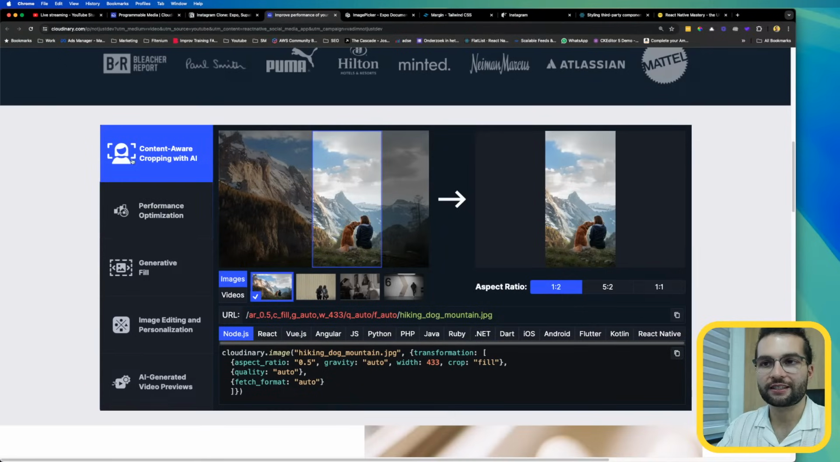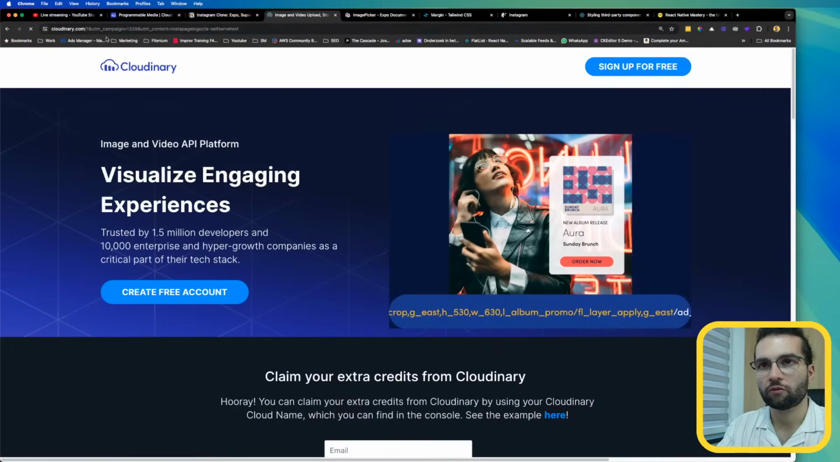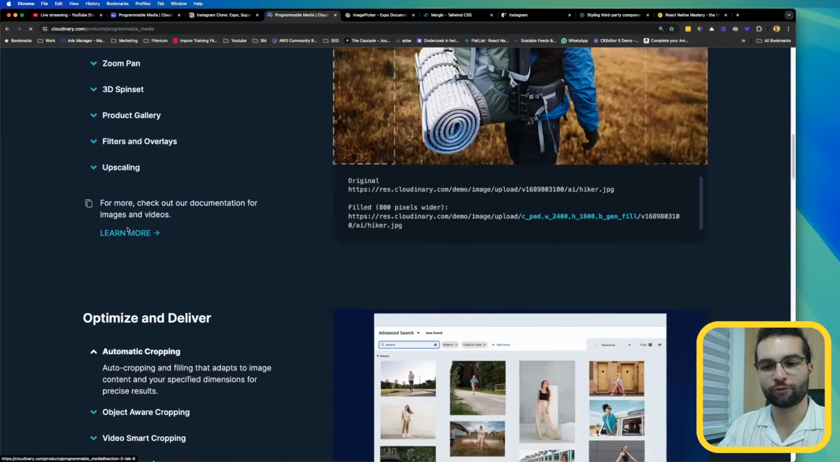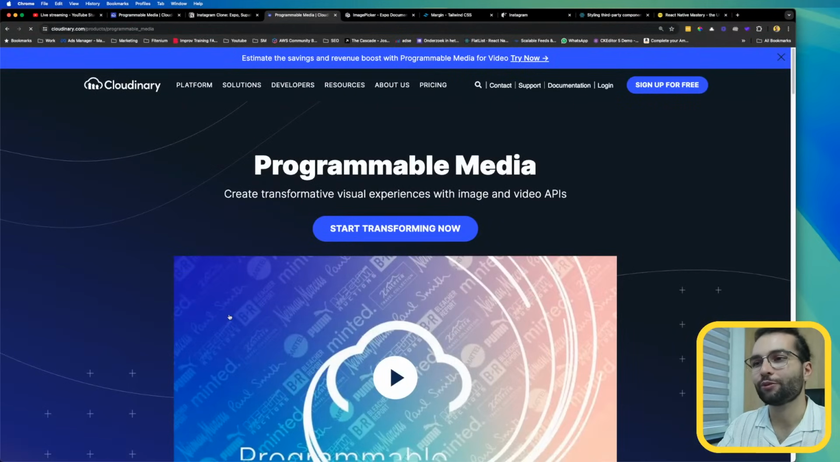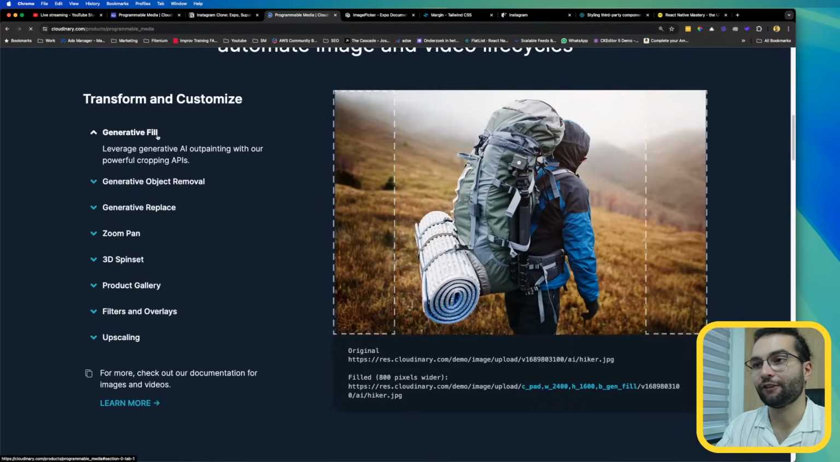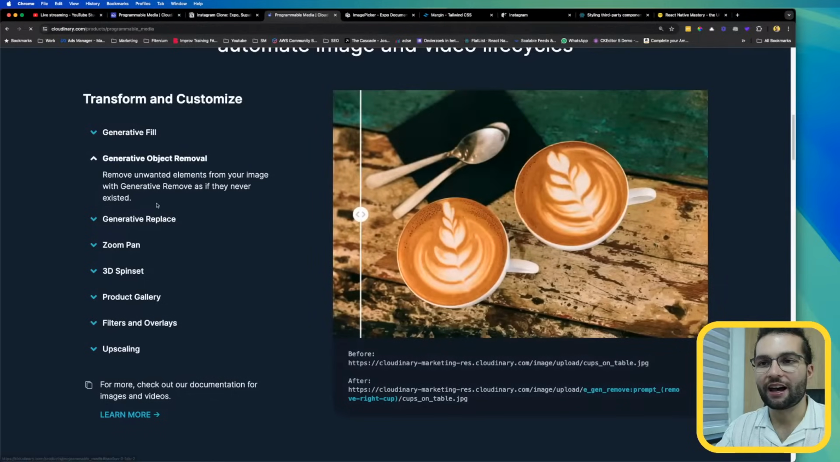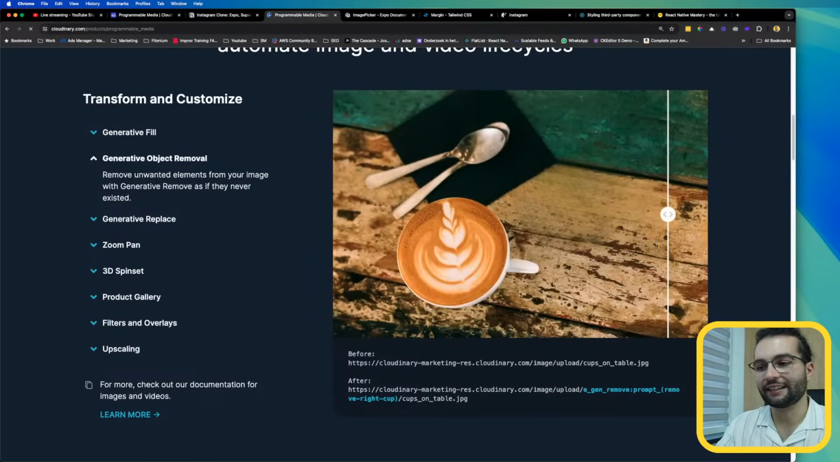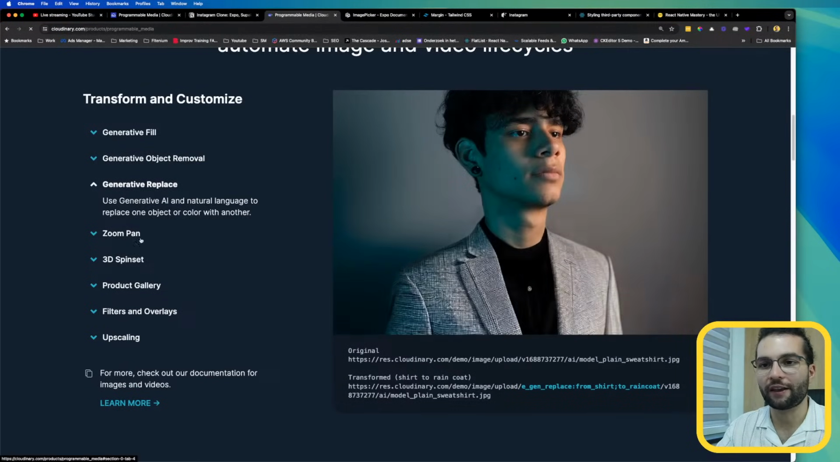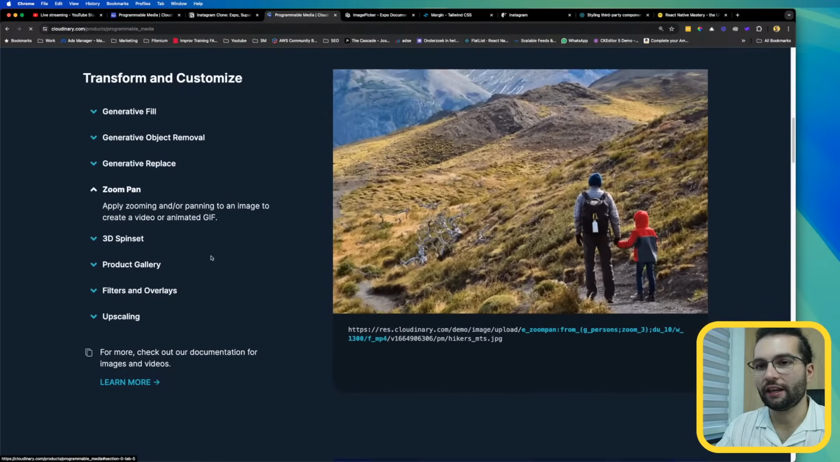It comes with a lot of other features like content-aware cropping. So when we are cropping an image, we can focus on the subjects, on the people's faces, and so on. Where is it? On the platform, if I go... how to pronounce it? Programmable media, I guess. We can have generative fill to expand images. We can have object removal automatically by a simple request. We can have a generative replace to replace stuff with AI. Zoom in and out,